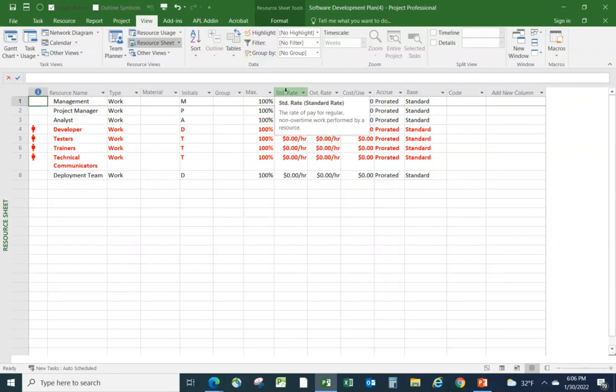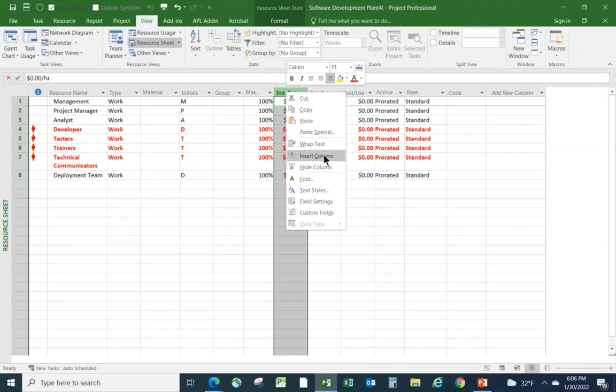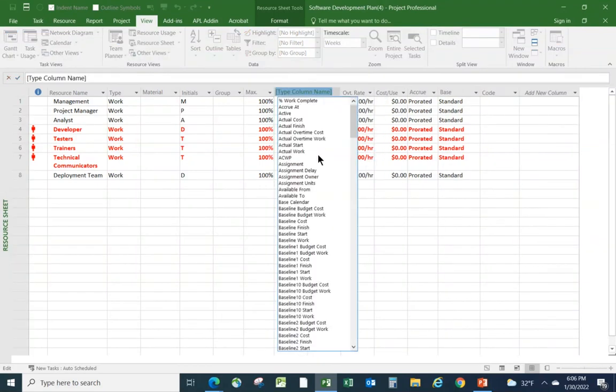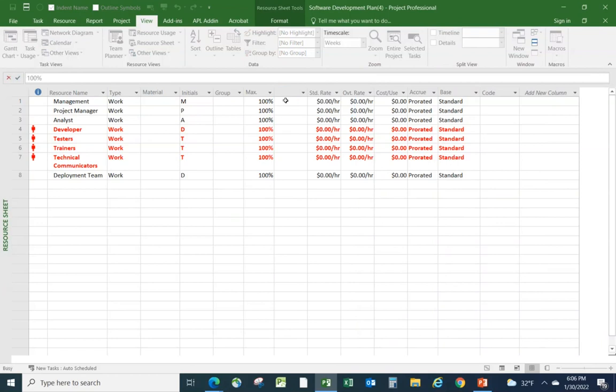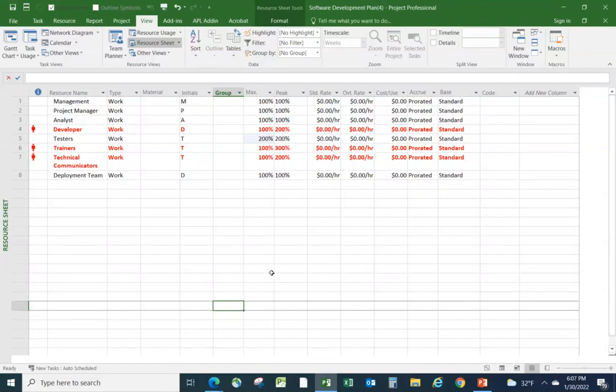So on the standard rate column here, just right-click and insert the column and choose P for peak. And what that's telling me is that at least somewhere in the schedule, and we actually know where it was because we were looking at it, testers are allocated to 200%. So what we could do is say, well, let's get another tester then. Let's have 2 testers. That's going to fix the issue. But probably that's overkill, because I can make that all happen with one tester as long as I stagger the